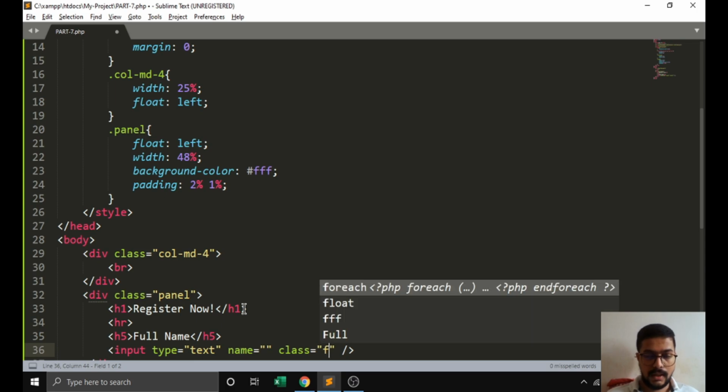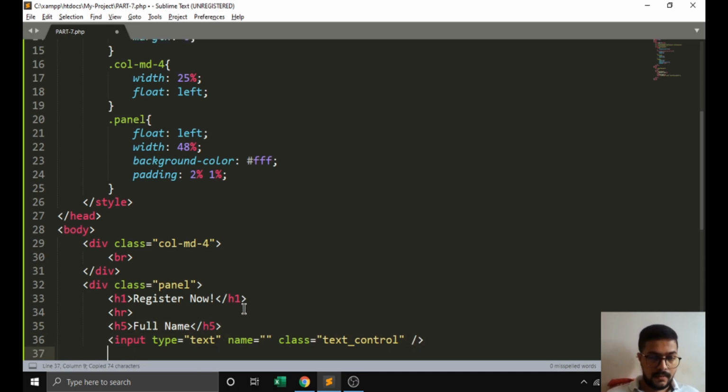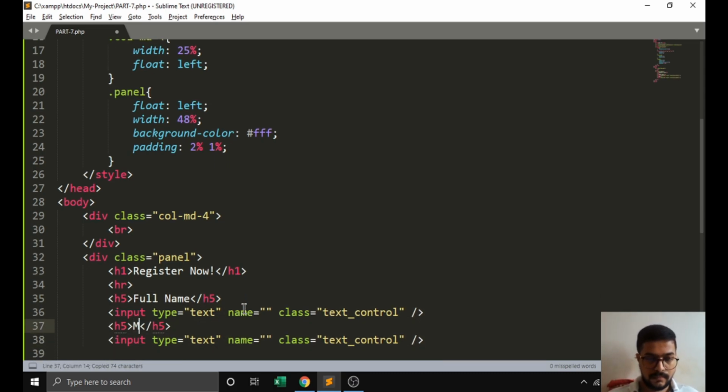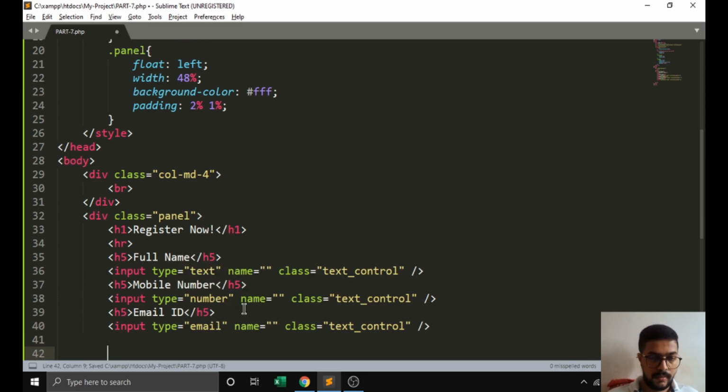We need any text control here, so we are just creating a class over here. We need the mobile number here. The class property will be the same. Then we need any email ID. The class property will be the same.